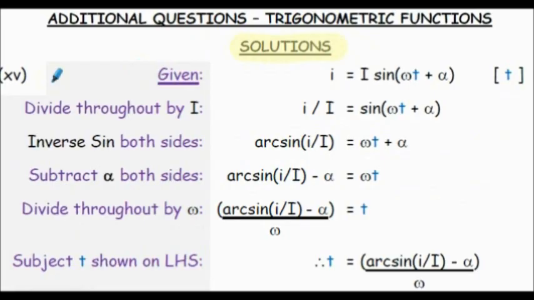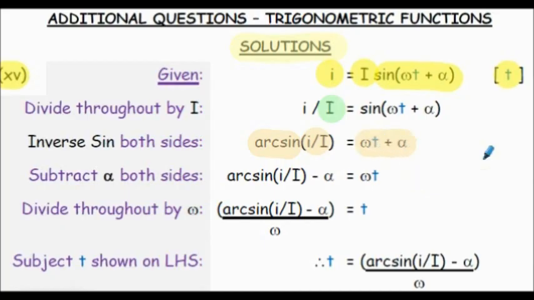Here's the solution to question 15. We're given that lowercase I is equal to uppercase I multiplied by sine omega t plus alpha. We have to transpose for lowercase t. So first step in the process, divide both sides by uppercase I. Next we take the inverse sine or arc sine of both sides of the equation. So left hand side, the arc sine of lowercase I divided by uppercase I equals on the right hand side